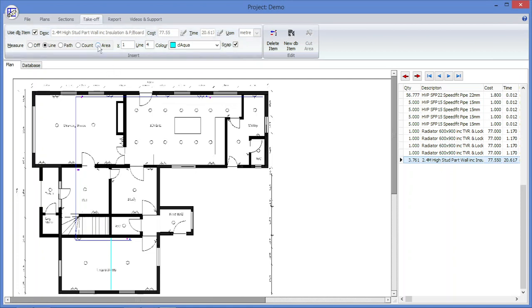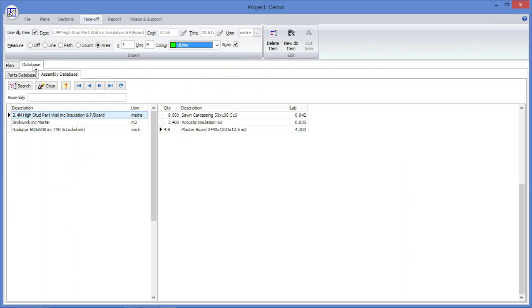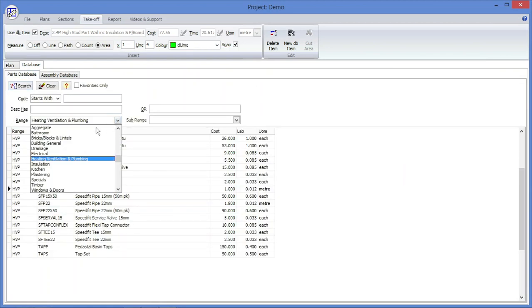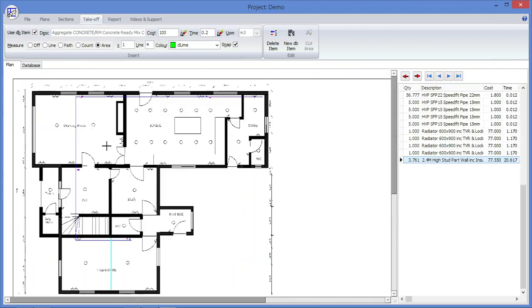Then if I move on to the area item there, again I'll just change that color. Let's go and get something different, lime green. Okay, so if we assume we want to put a base in here, then if I go to my aggregates, I know we've got some ready mixed concrete, so I'll pick the ready mixed concrete up. Now this is sold by the cubic meter, so I want to put the depth of that concrete in there, which is 0.15 of a meter or 6 inches,